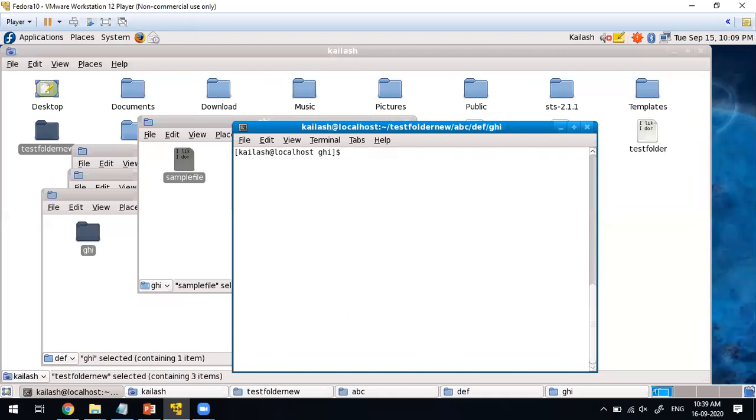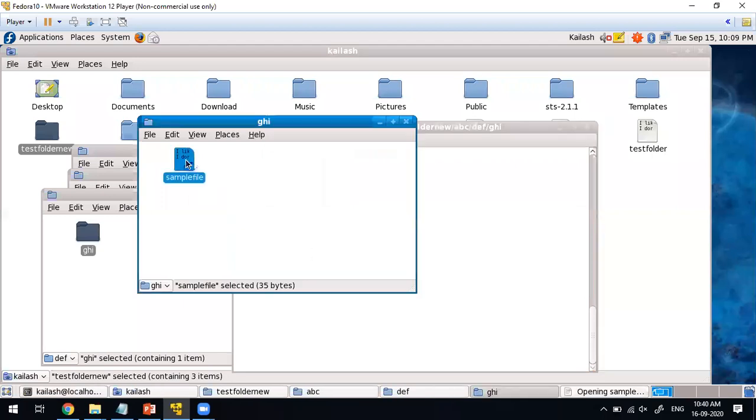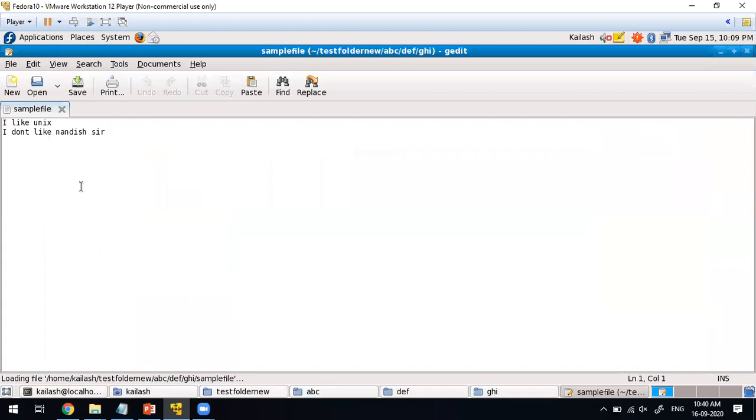Now I want to see the content of the sample file. Cat sample file. Enter. I like Unix, but I don't like Nandishwar. This is one output of the cat. See, this is what is there inside the sample file.